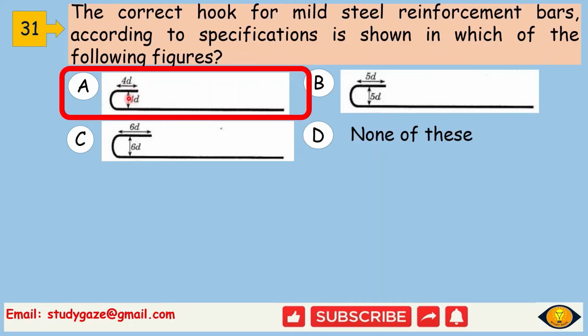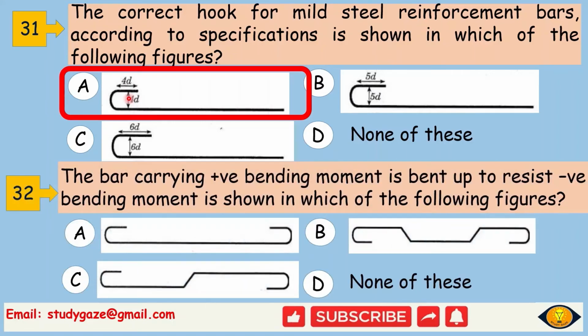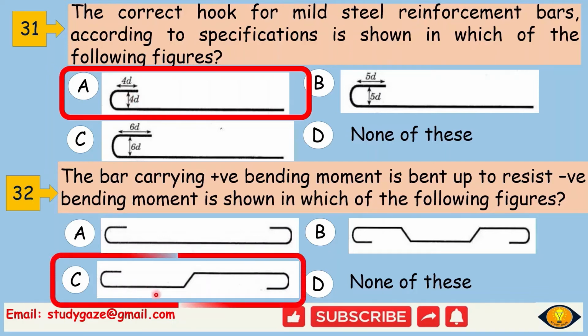Okay. Next, the bar carrying positive bending moment is bent up to resist negative bending moment is shown in which of the following figures? So the correct option is C. Next,